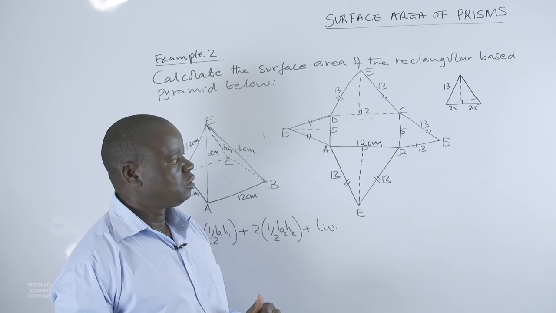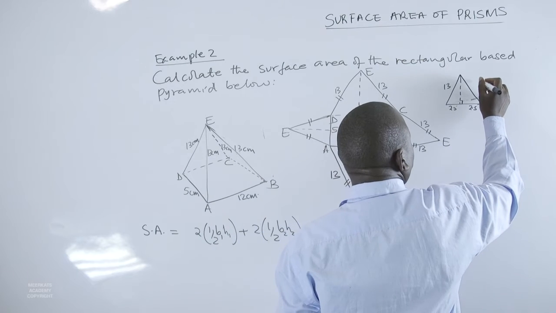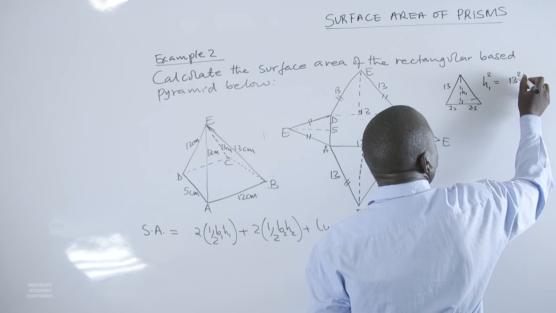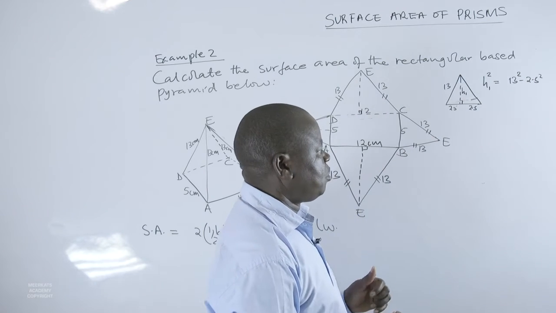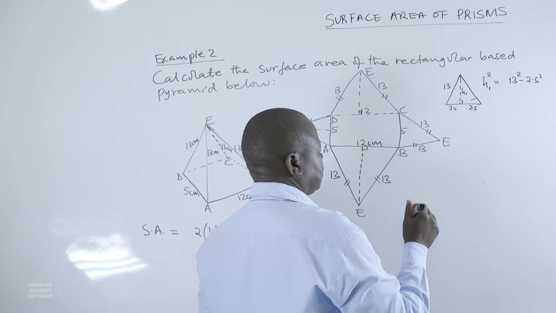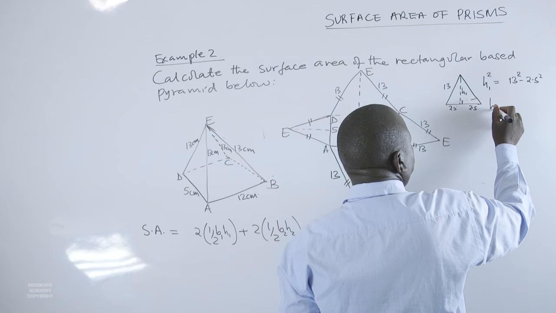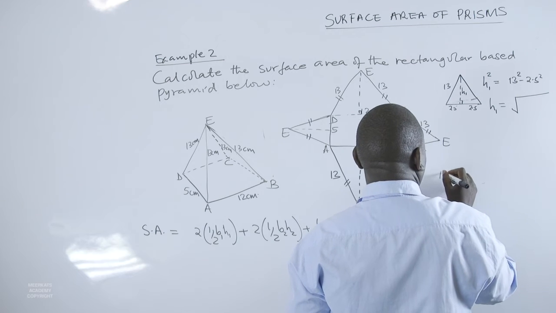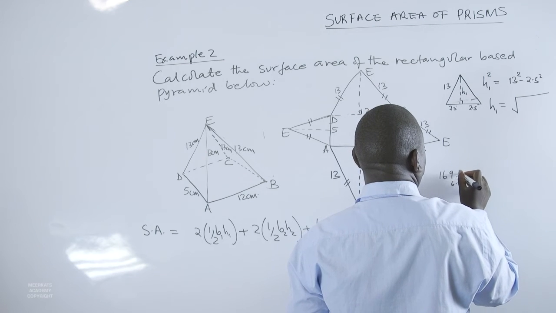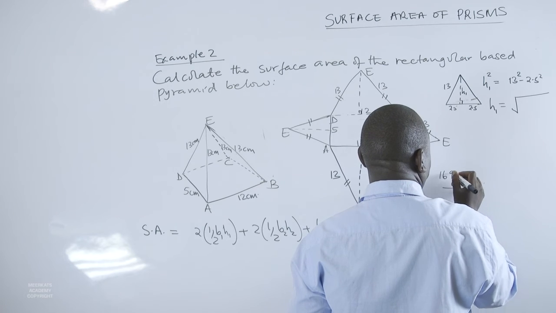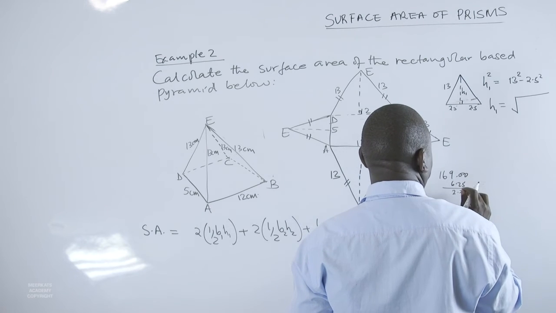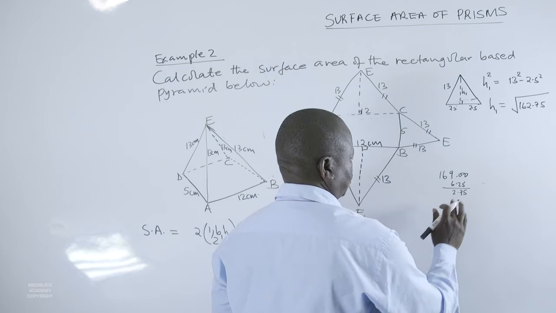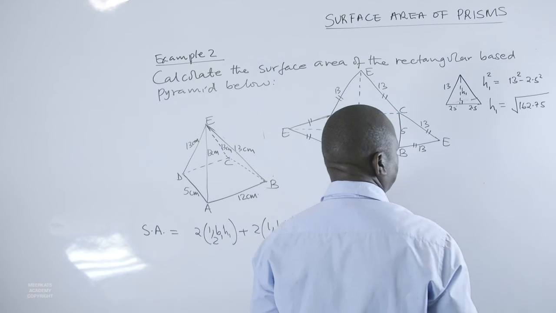the height of that triangle by use of the Pythagoras relationship. 13 squared minus 2.5 squared, the square root of 162.75, that is H1,